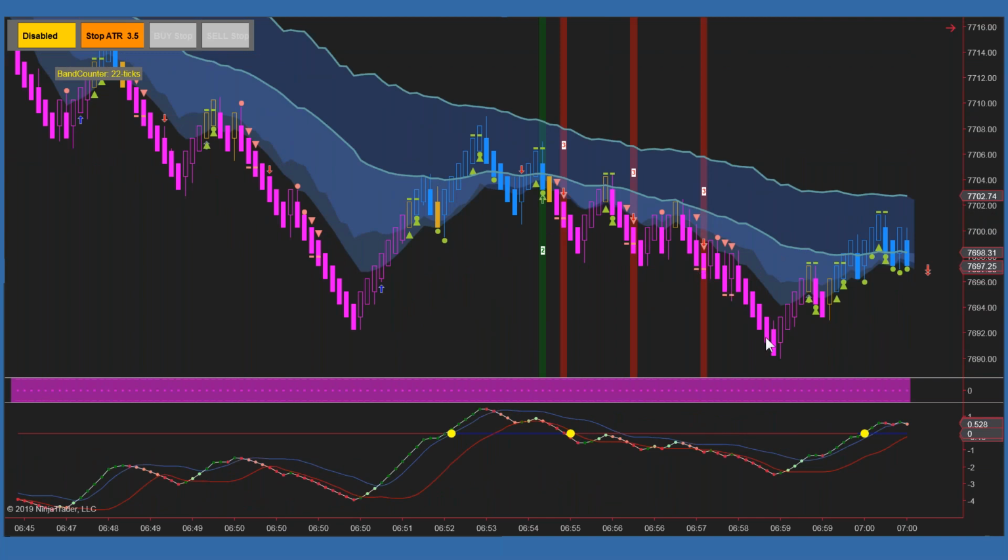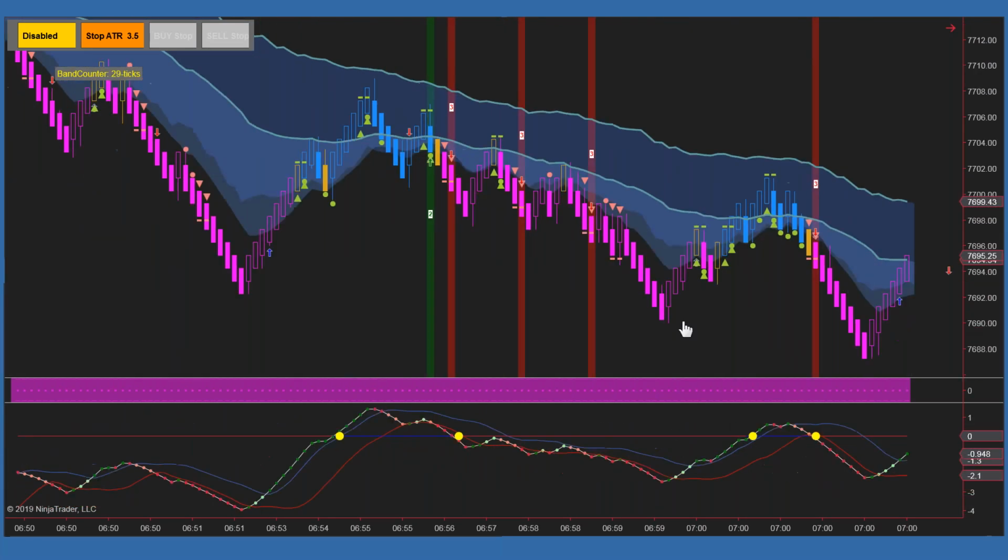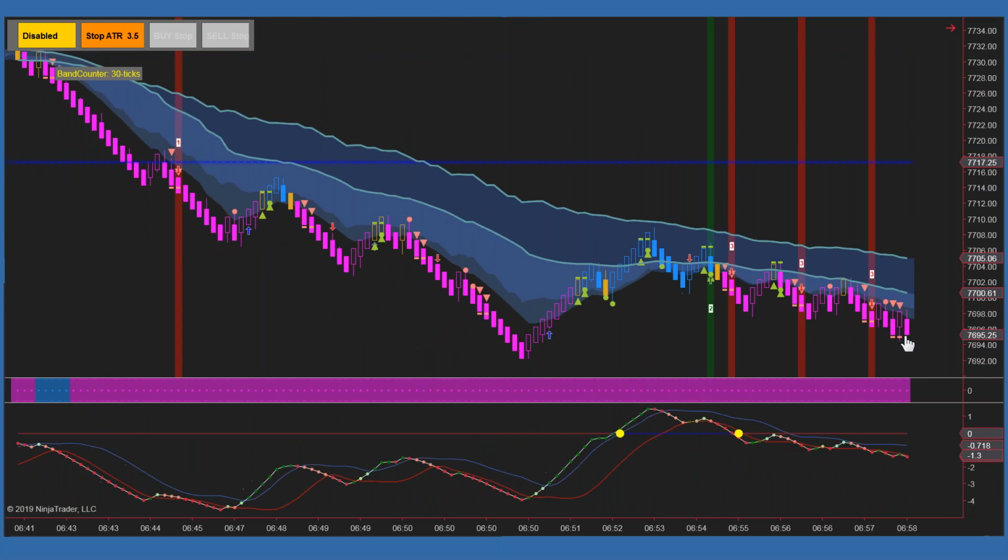Prints a signal, hits the profit target, pulls back. The problem with trying to hang on for a larger move is stop management too. That will give you fits. It's obviously easy to trade in hindsight, but I guarantee you, if you were in this trade